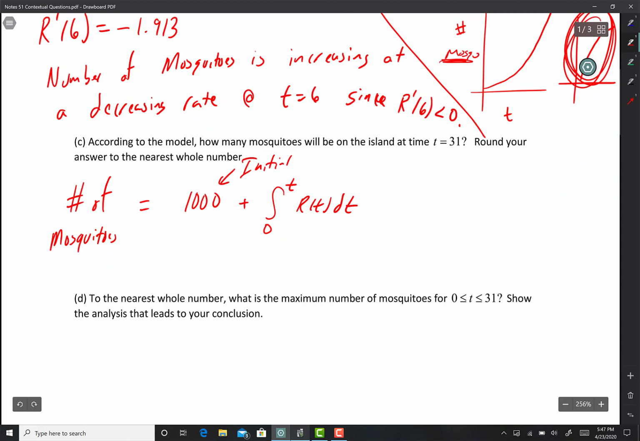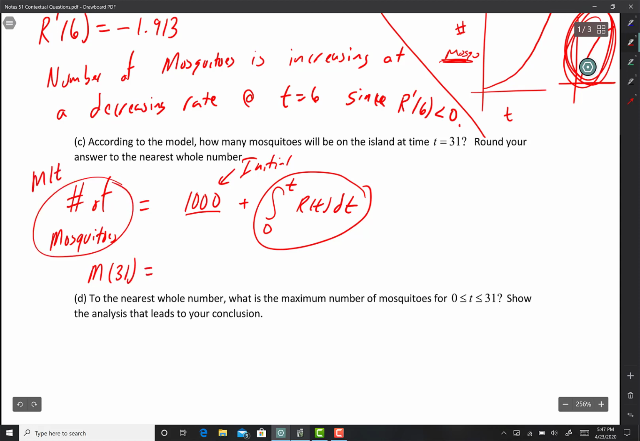And if you don't like t, you can put an x here. It doesn't really matter. So there it is. This is my initial amount, and this tells me how many mosquitoes are going to grow. I want to know the number of mosquitoes at 31. So I'm just going to say M for mosquitoes at 31 equals, so all this is just M of t. Mosquitoes at 31 is 1,000 plus integral 0 to 31 of R of t dt, which equals,